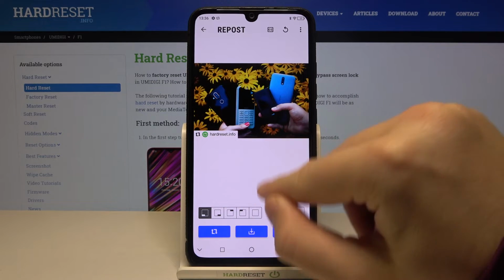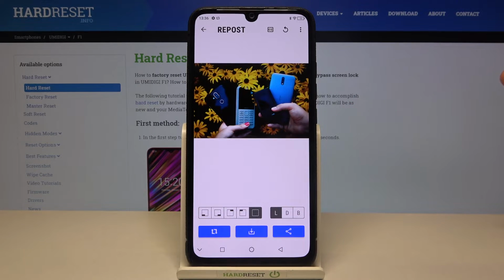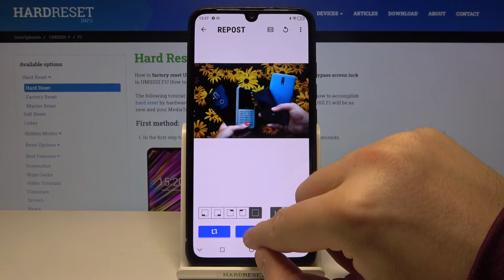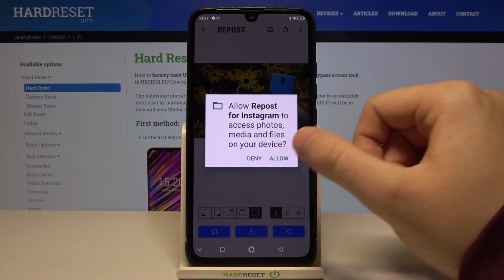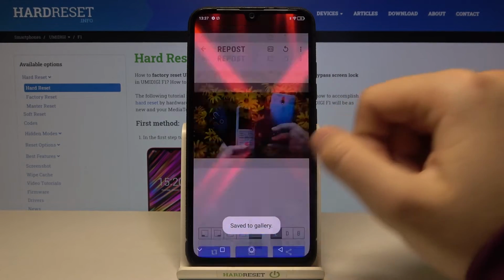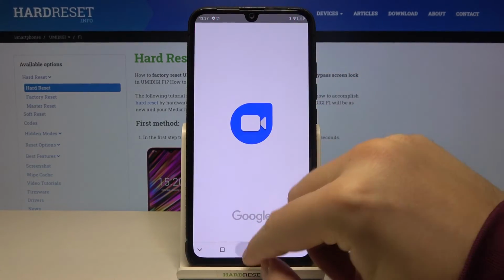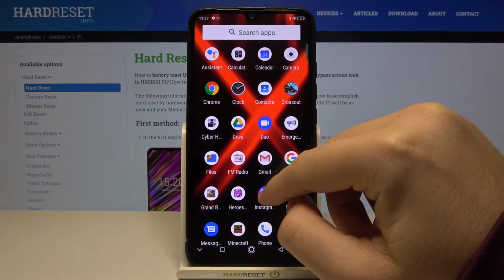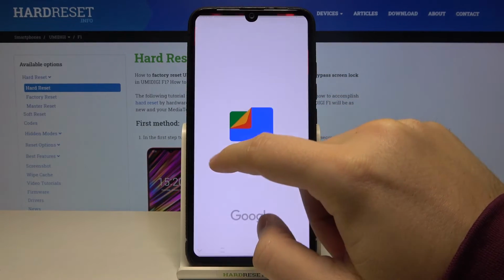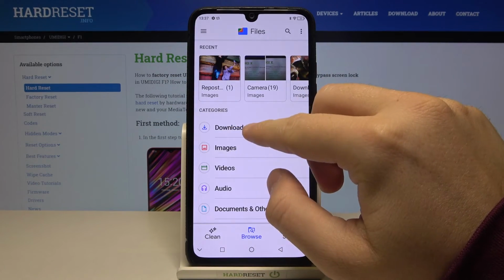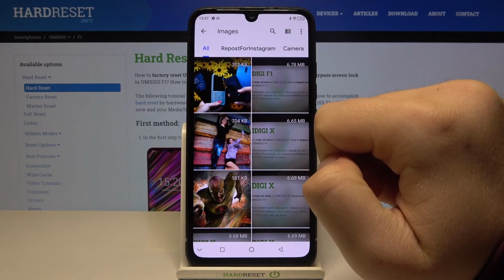We can take off this signature by clicking right here. And right now we can save by tapping here to save. And right now we can check the gallery. And as you can see,